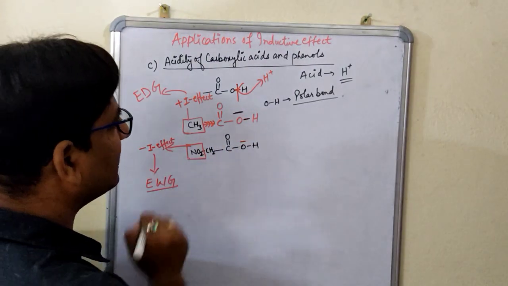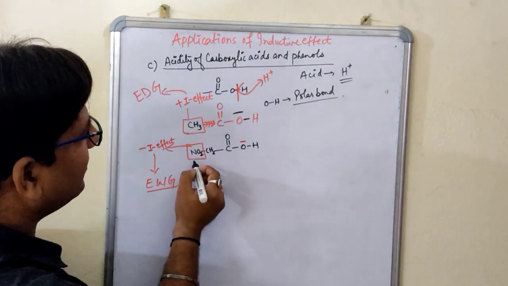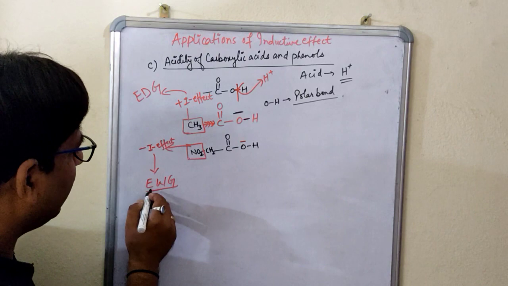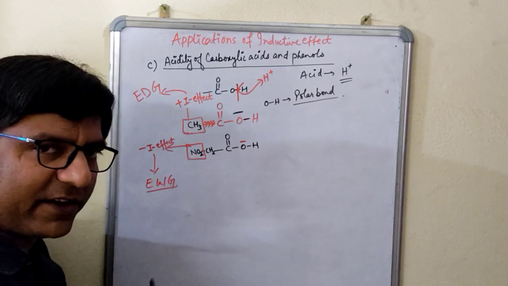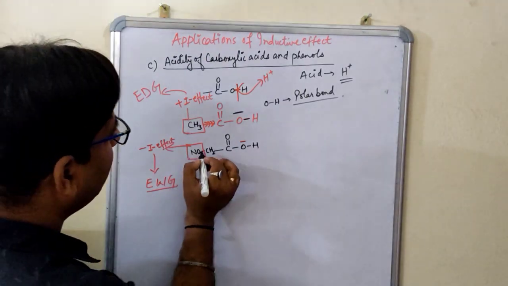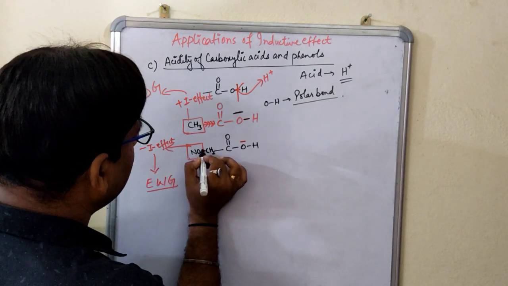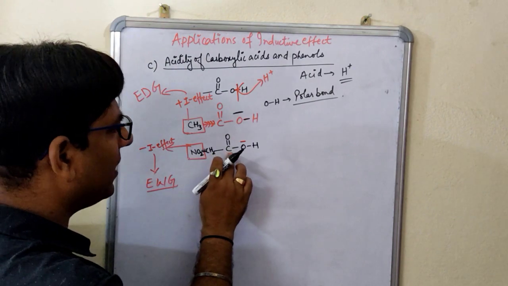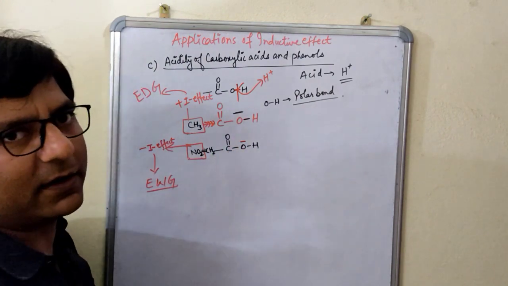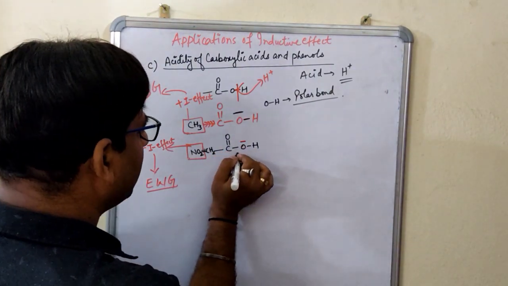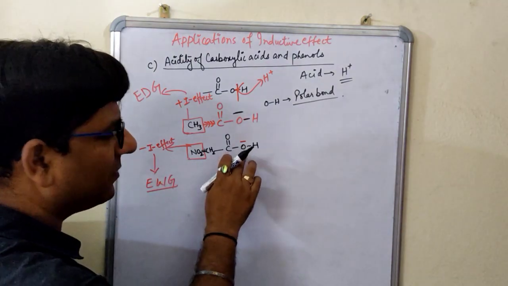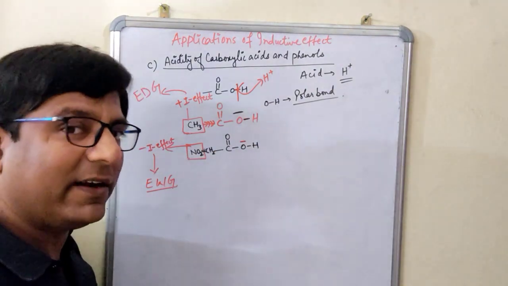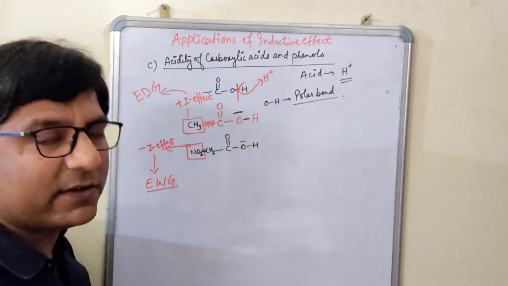Correct? Now in this case, when you see here it is the minus I effect, minus I group is there, that is the electron withdrawing groups. It will withdraw the electrons, means it will pull the electrons. Now what will happen? This nitro group will pull the electrons towards itself, from this carbon to this carbon, again it will come to this oxygen. Now once the electrons are being pulled from this oxygen, what will happen? The magnitude of this negative charge will decrease or increase? Of course it will decrease.